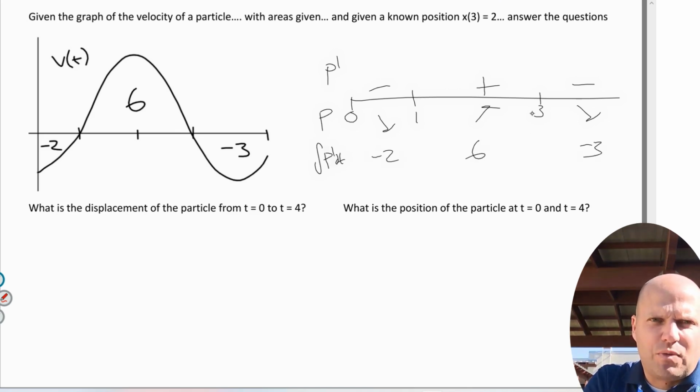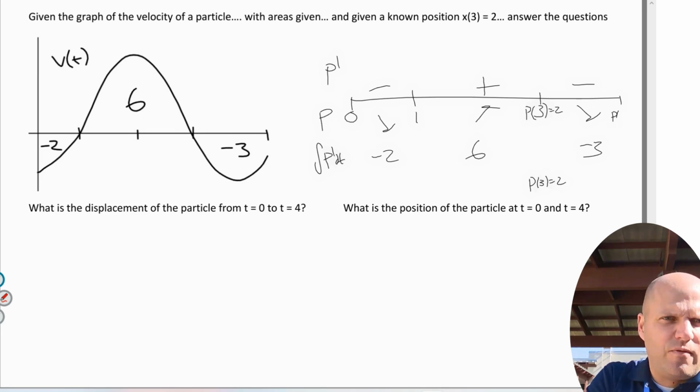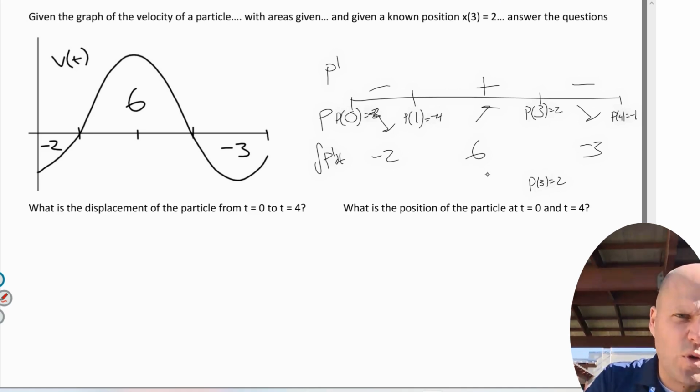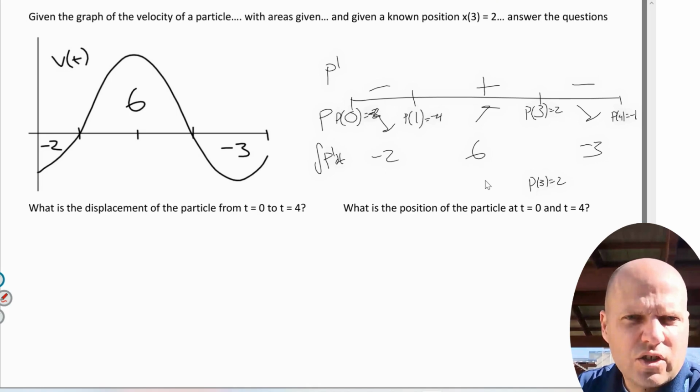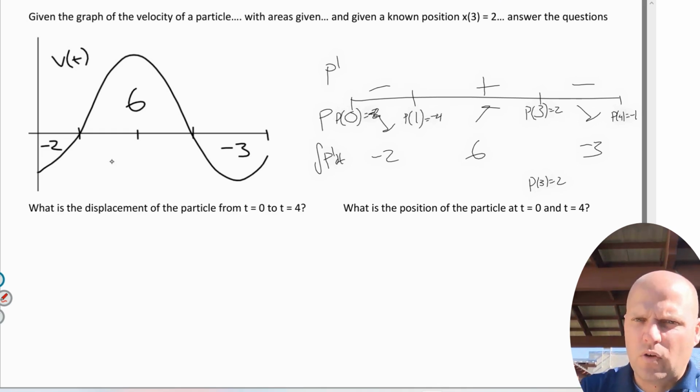If my position at time 3 is 2, that's my position at time 4, negative 1. It's my position at time 1, negative 4. It's my position at time 0, negative 6. No, negative 2. Negative 2 minus 2 is negative 4. Negative 4 plus 6 is 2. So I can subtract a negative, which is add. We're good. Over the entire interval, I displace 1